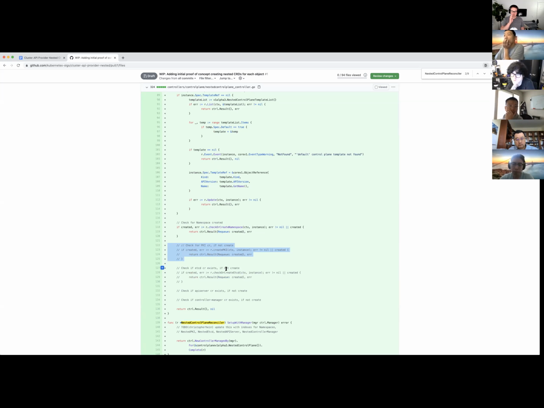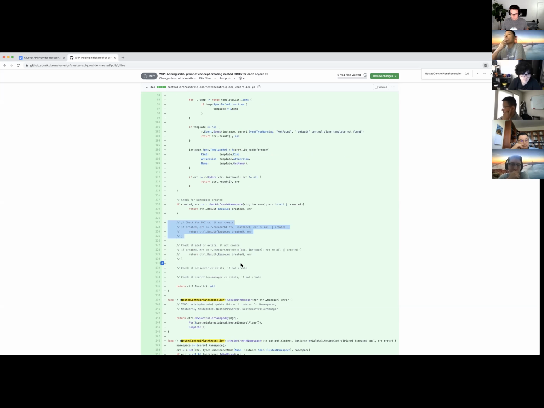So I broke it down into the nested PKI, which I have a note in here that we can bike shed about the naming. I don't like that it's called nested PKI, but the idea is it manages all the certificate management, similar to how KubeADM does all of the certificate management and how VC does it, but not in a single controller. And the idea there is you can hot swap that controller if you don't want to be using the default implementation. Say, for instance, you have your own routes that you need to be generating all your certificates based on. Then, so on and so forth, it would go and create another resource, which would be the nested